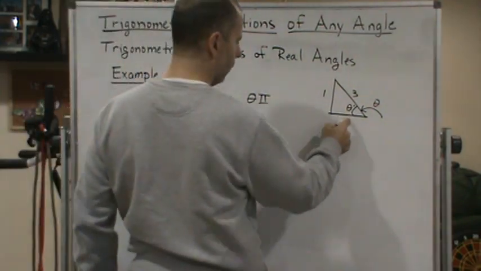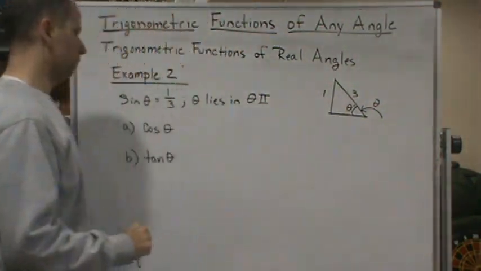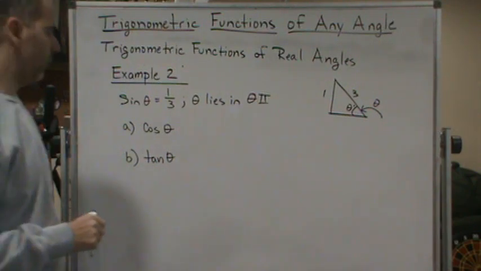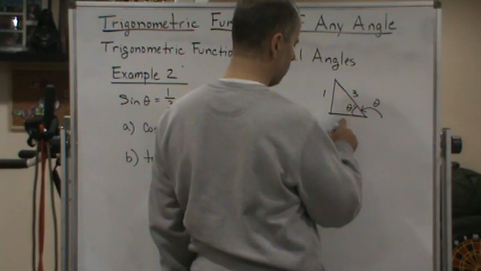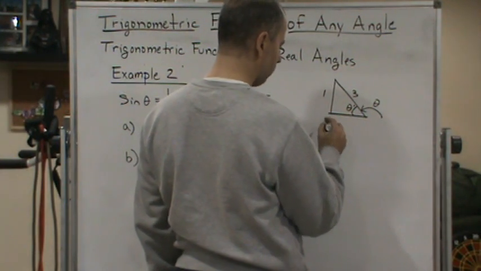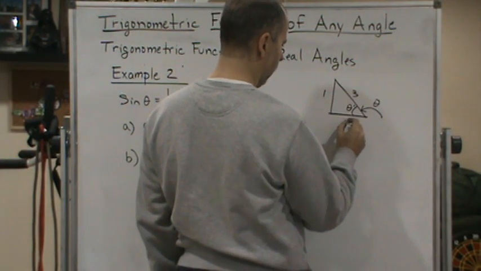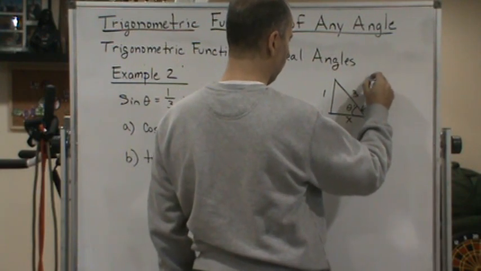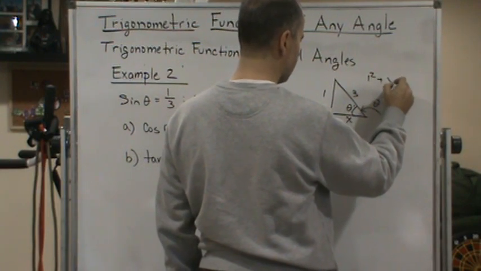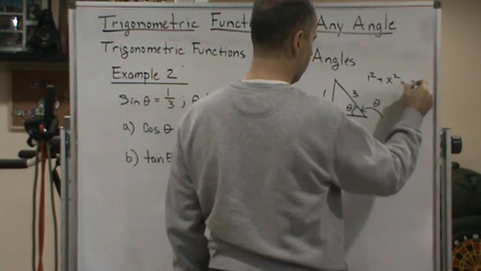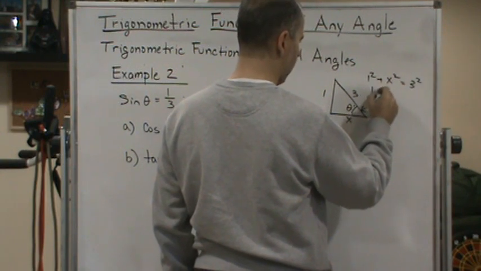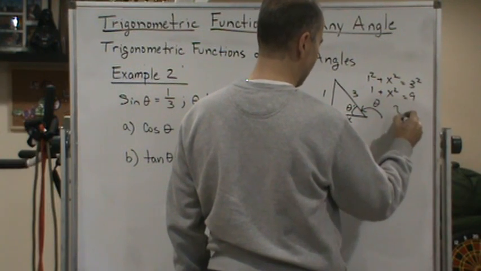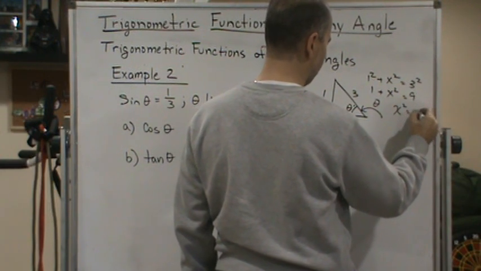But here, remember, x is negative because it's in the second quadrant. So how do we find x? Well, we're going to have to use the Pythagorean theorem. So how do we do that? Well, we're going to find x. So this is going to be 1 squared plus x squared equals 3 squared, which is going to be 1 plus x squared equals 9, which means x squared is going to equal 8,